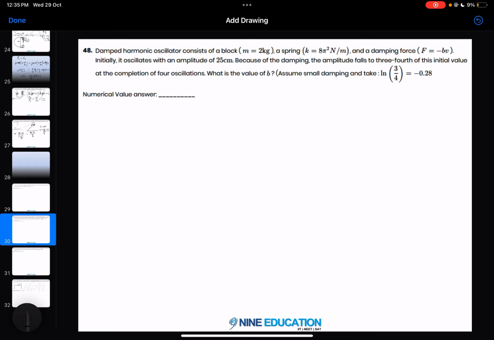Moving on to the next question, we have damped oscillations. So the net force equals minus b v minus k x. If you observe, this is a second order differential equation in x, and the solution for this second order differential equation is going to be